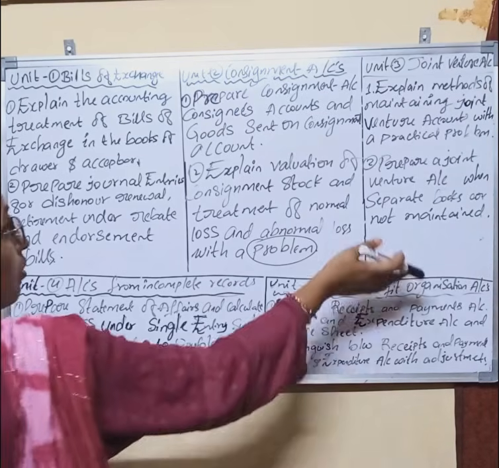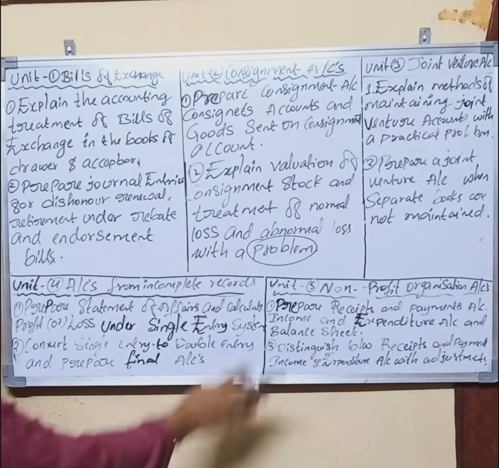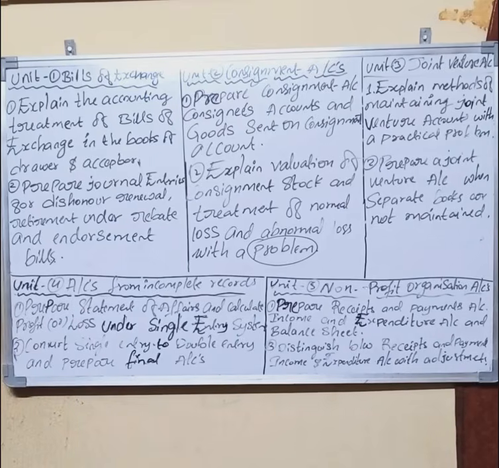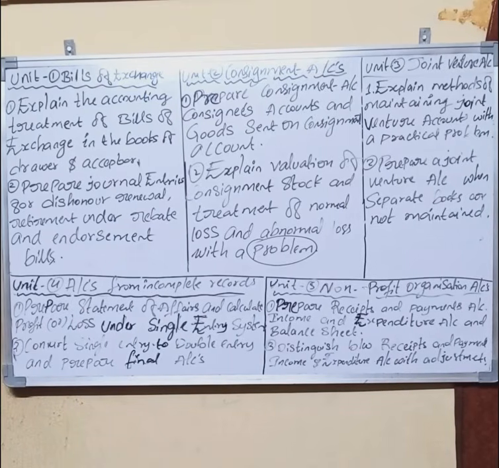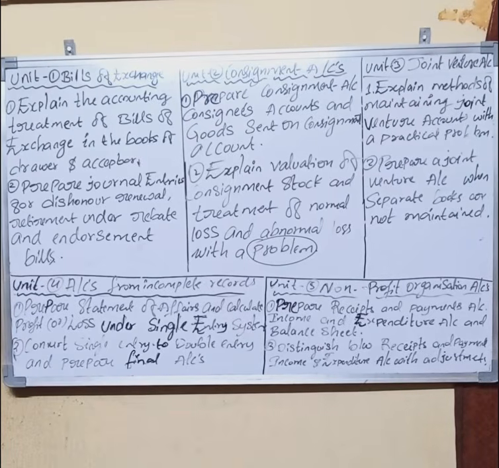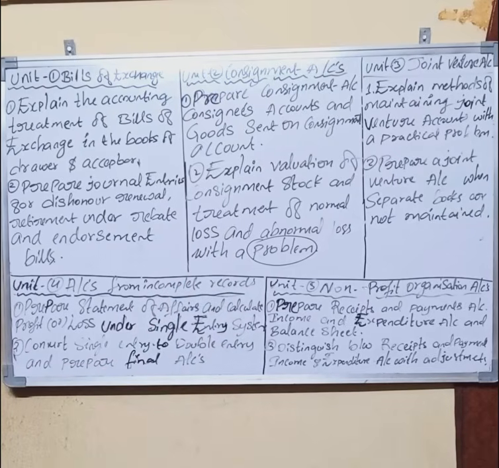Now, if you see the joint venture here, a joint venture is a temporary partnership formed by two or more persons to complete a business project. Profit or loss is shared according to the agreed ratio. Now, methods of joint venture. Here, what are the methods of joint venture? The separate books method and the memorandum joint venture method. Both methods determine the profit or loss from the venture.